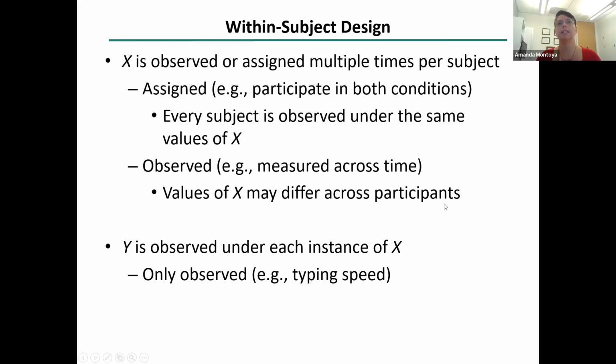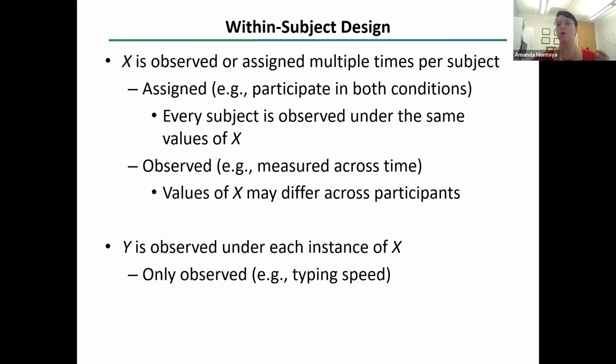So if there's something in the design that forces the values of X to be the same across all of the participants, in this case, companies, then it is assigned. It's not randomly assigned. So this is something I think that is kind of interesting about the distinction between and within subjects designs. We're used to always saying randomly assigned. And we know, especially in the social behavioral sciences, what randomly assigned means. But what does it mean for something to be assigned?